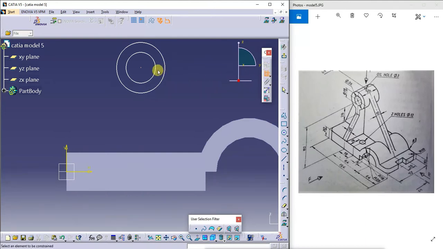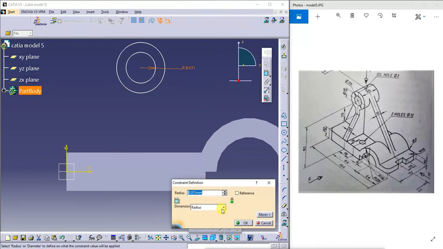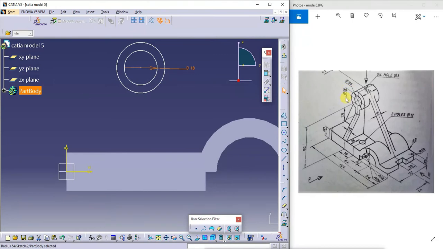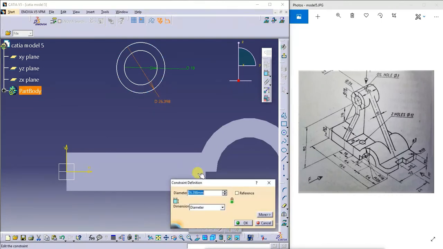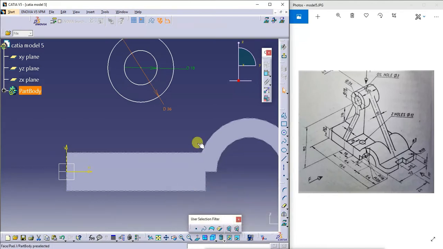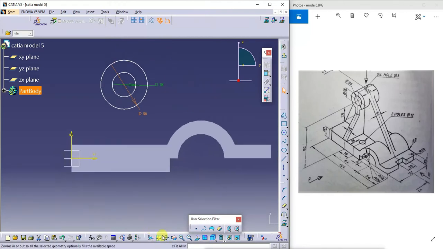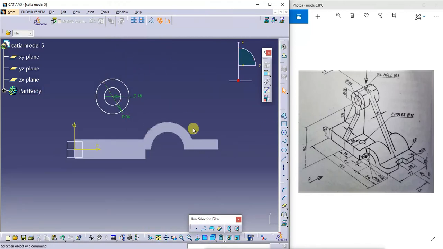The dimensions of these 2 circles are, diameter is 18. See here, this is 18. Next, this is 36. This is 36. Next, I'll go for the line command or the profile command.